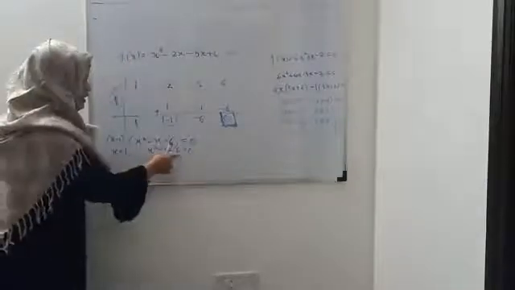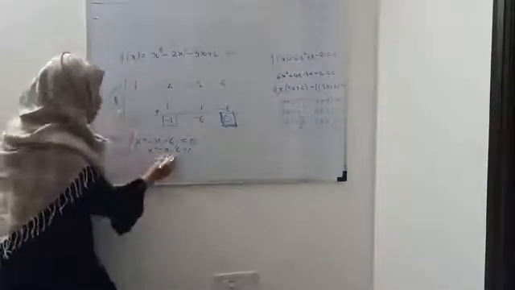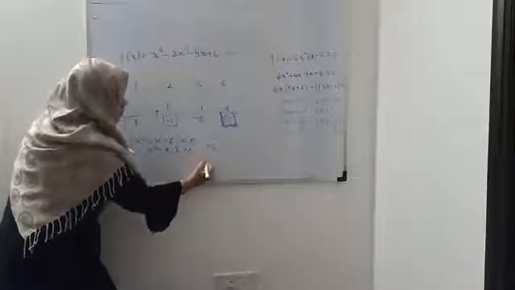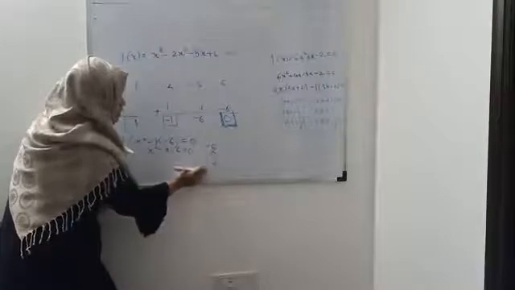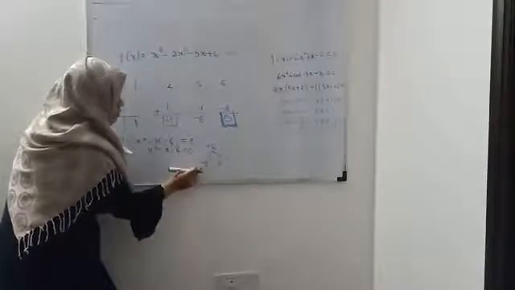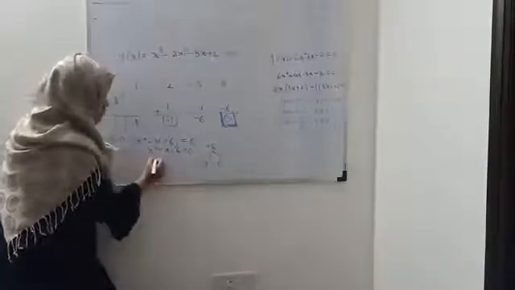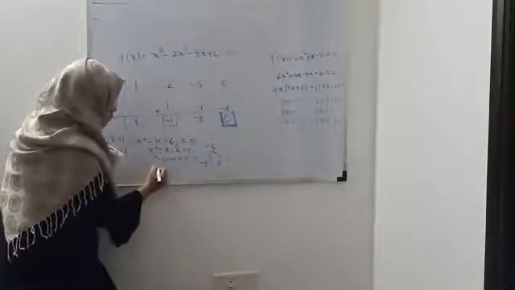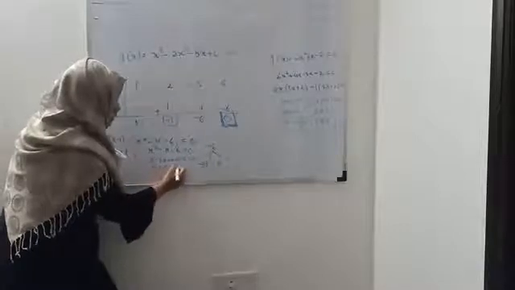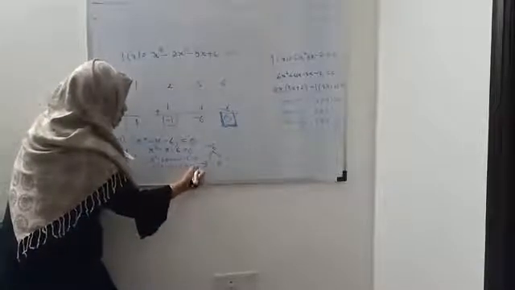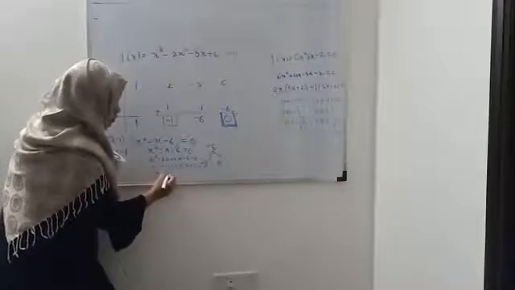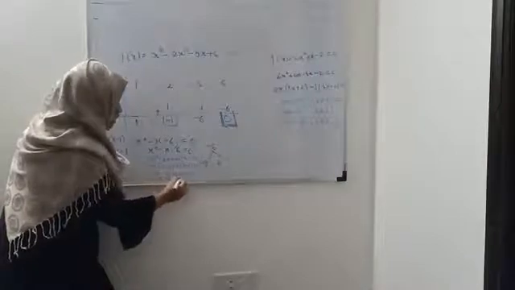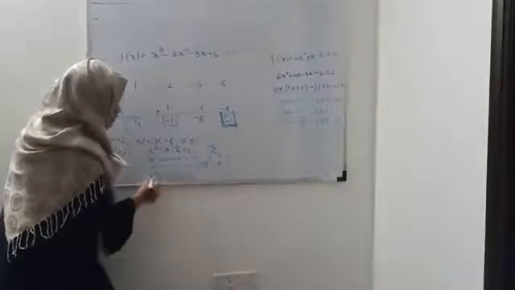Right? अब इसको quadratic से हम लोग find करेंगे. तो minus 6 के ऐसे roots जो minus 3 और 2. So 3 into 2 लिया. Right? So 3 into 2 is 6. We need minus. So minus 3 plus 2 is minus 1. So x square minus 3x plus 2x minus 6 is equals to 0. x कॉमन लिया, x minus 3, 2 कॉमन लिया, x minus 3 is equals to 0. x minus 3 एक root मिल जाएगा, x plus 2 एक root मिल जाएगा. So x is equals to 3 and x is equals to minus 2.